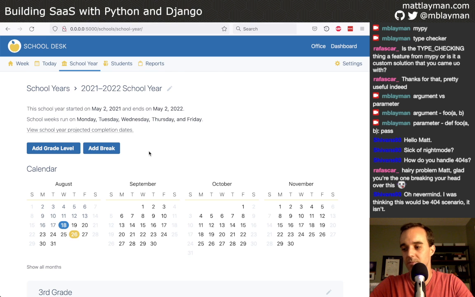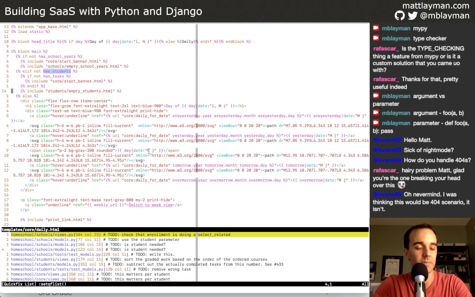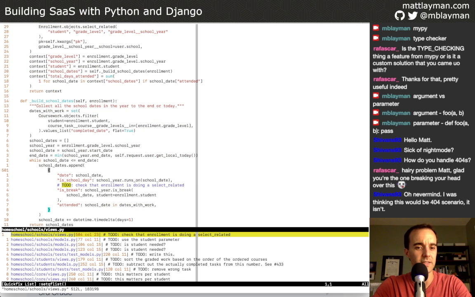All right, there's no better way to do this than just to go through them and start checking them off. Let's start with this one because I think it's probably going to be the easiest. So this is a method here, and as I said, what the enrollment does is it connects together the student and what grade they're going to be part of for that school year.